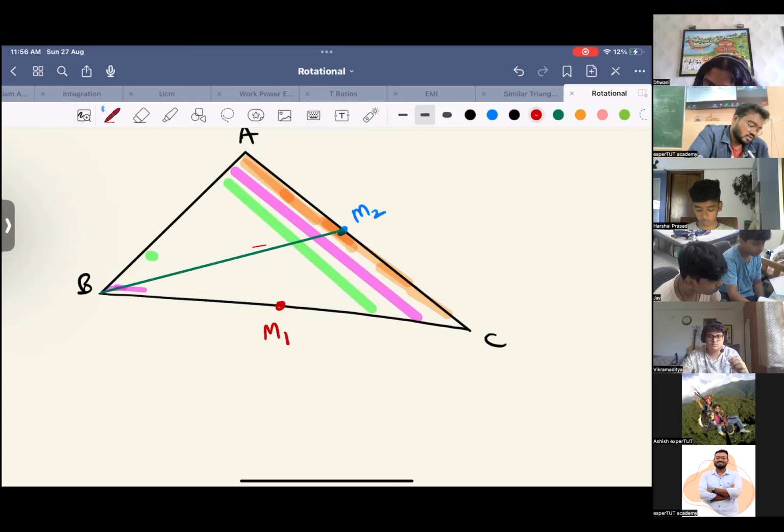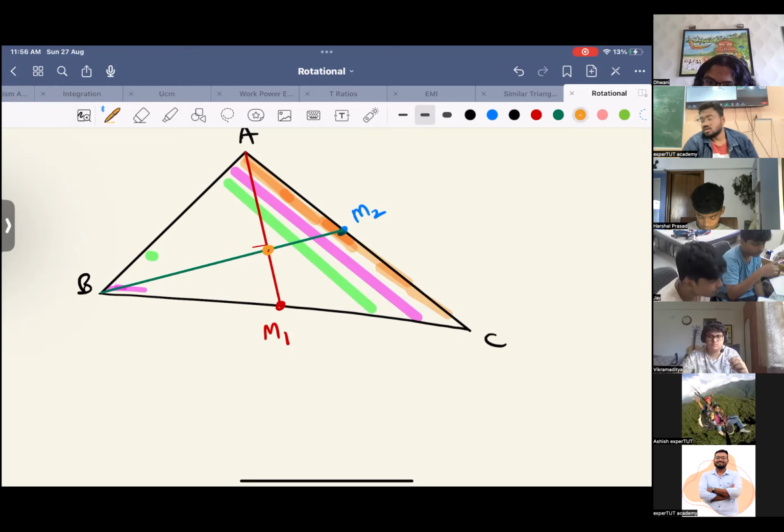Previously you said the center of mass lies on AM1 and now it is also lying on BM2, and therefore it is lying on the intersection of medians, which is called